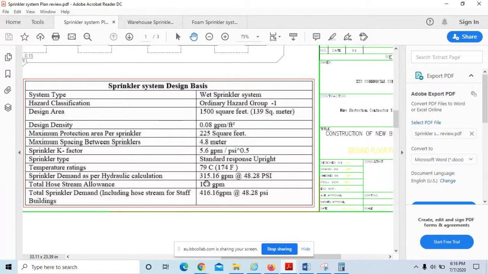Exactly. Even you can choose a pump of 500 GPM for this application if you want, if there is a future extension. So based on those you can select your pump. But if this is just a small warehouse and you want approval from the civil defense, nothing more, then better to go at around 120% of the flow. If you are selecting a 300 GPM pump, it can easily supply 130% or 140% of the flow.